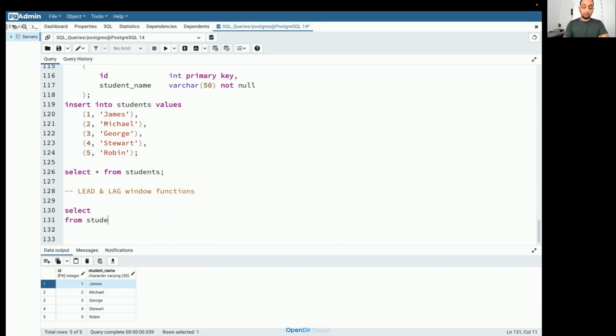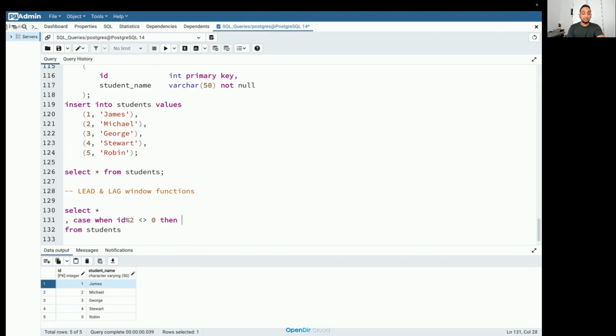So I'm just going to say select star from students. And I'll write case when ID. I can use the mod function, but I always prefer to use the percentage symbol here. So I'll write ID % 2. If ID is an even number, then modulus of 2 will always return 0, right? So if it returns 0, then it's even. But I'm going to say if it is not equal to 0, that means it is an odd number, because the first record will always start from 1, right? So if it is an odd number, then